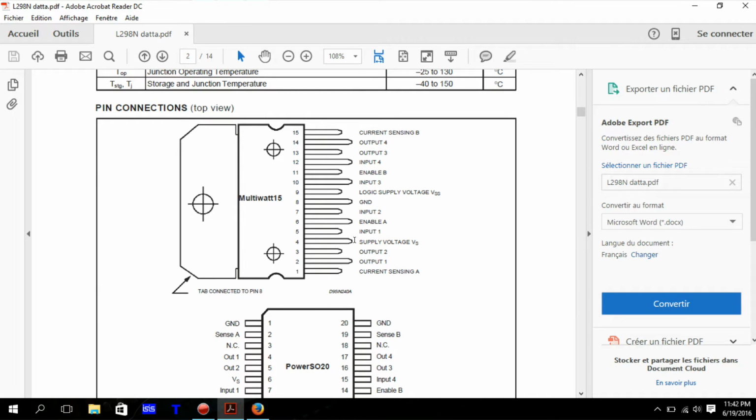Here the VS, your motor supply. It can go up to 46 volts. You have input 1, input 2, enable. You need to make sure that the enable is high so the motor works, and you can actually use this